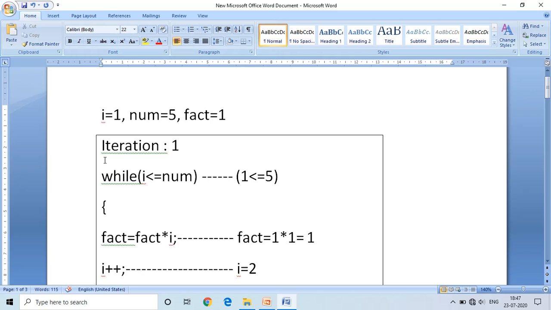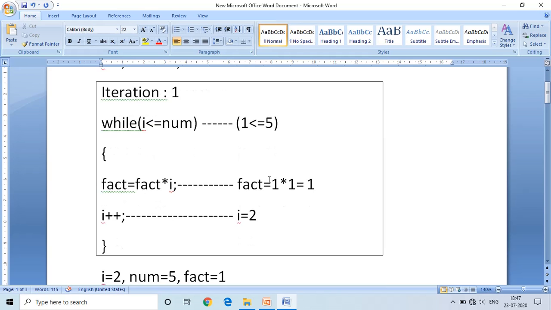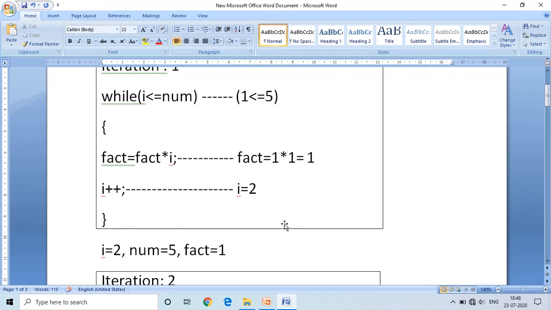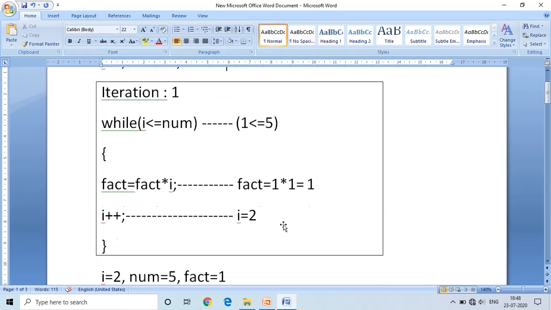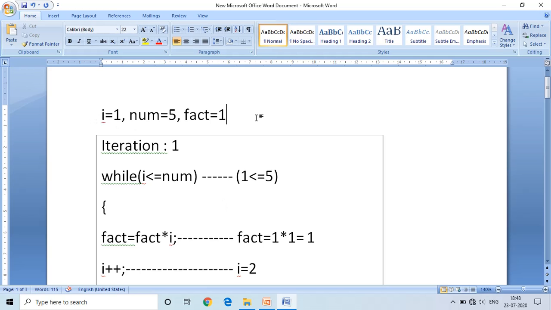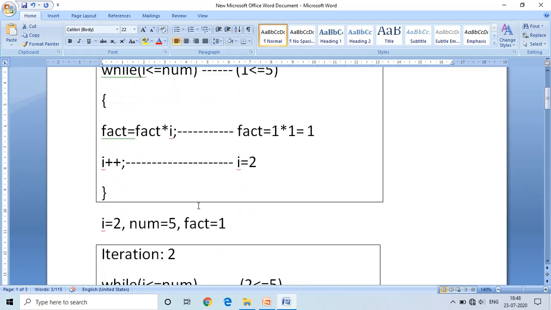In the first iteration, it checks the condition, it is true, it executes the block of statements of the while loop, the body of the while loop. It changes the values of the variables. These are the values before. After executing the while loop one time, the values are these.